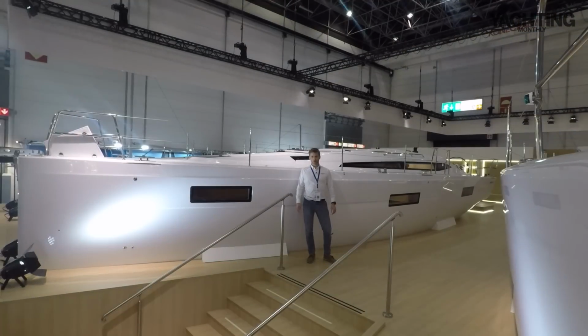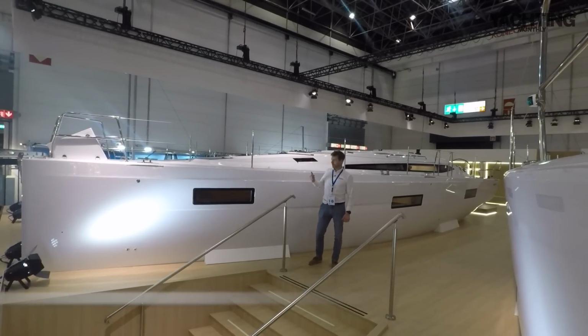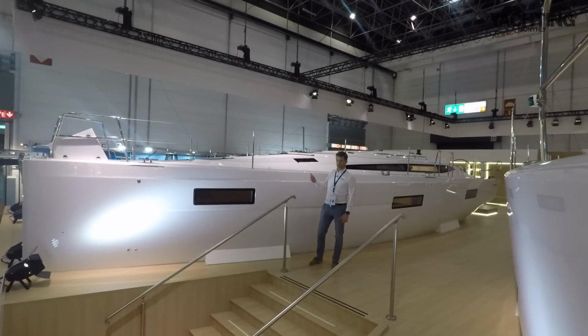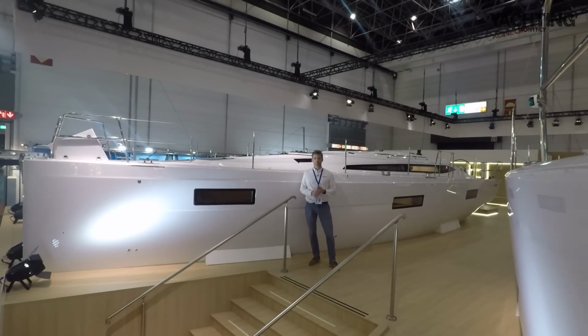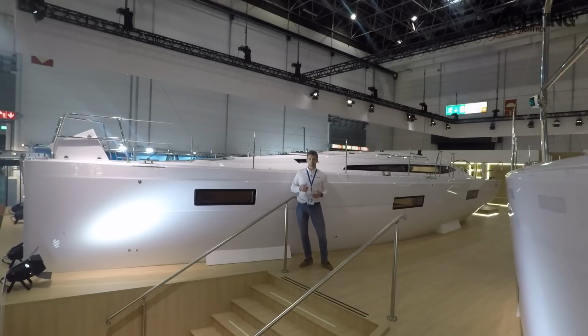Hi, I'm Theo Stocker and I've come to the Dusseldorf Boat Show in Germany. I'm going to have a look now at the Elan Impression 43, which is a brand new boat. It's quite a big, bold step for Elan because her predecessor was incredibly successful and had a production run of nearly 20 years. Originally the 434, that hull later became the 45 and the 45.1, but this is a completely